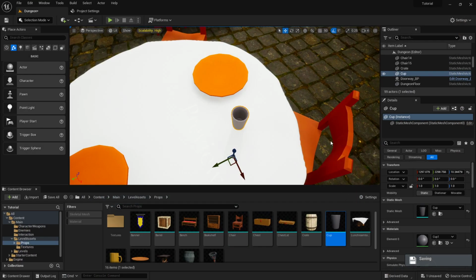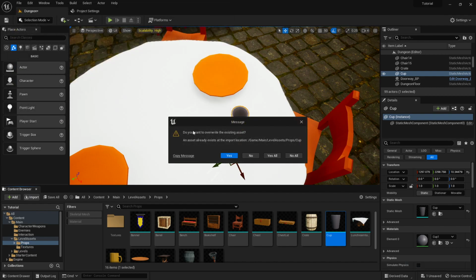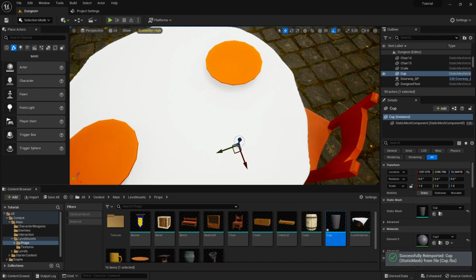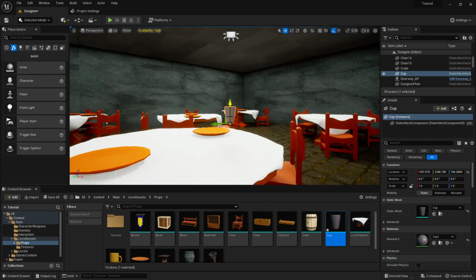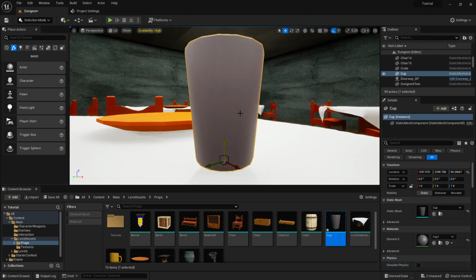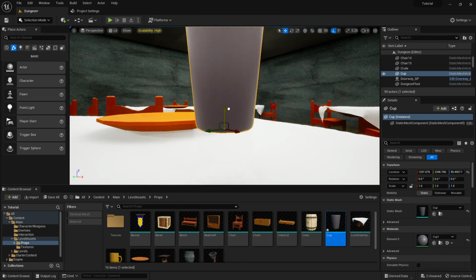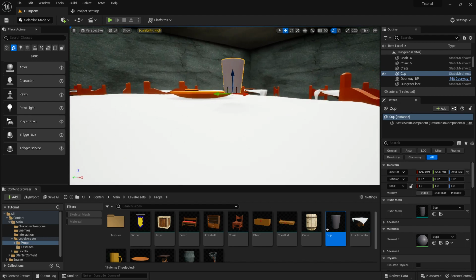And then when we go back into Unreal, what we can do is import that cup. And it's going to say, do you want to overwrite the existing asset? If we say yes, now it's under the table. We can just move that up. And if we tap End on the keyboard, like if you have it something like this and you tap End, it'll snap down to